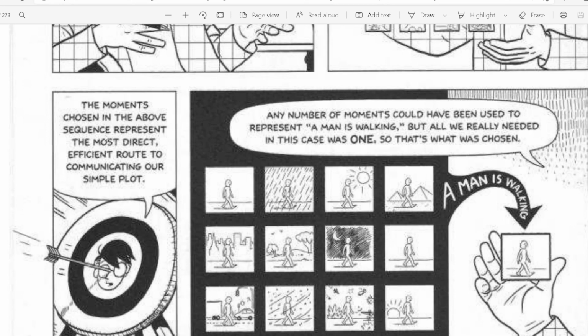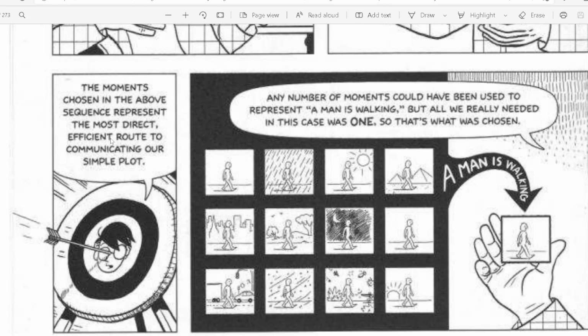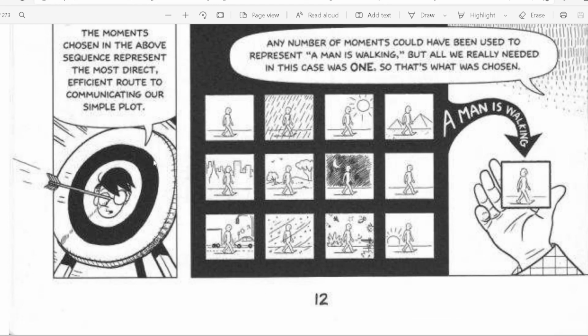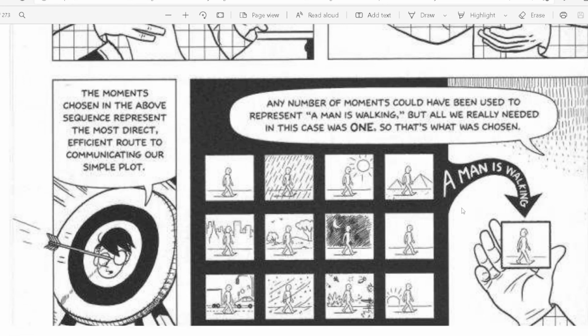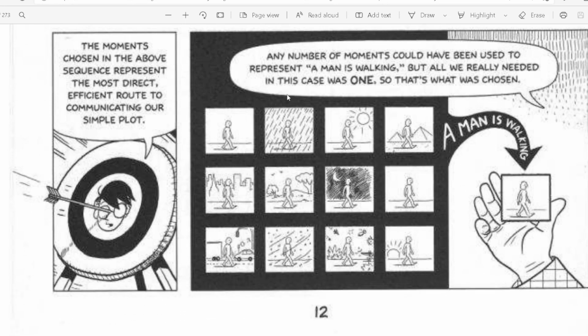The moment chosen in the above sequence represents the most direct, efficient route to communicating our simple plot. Definitely, any number of moments could have been used to represent a man is walking, but all we really needed in this case was one. So that was chosen. A man is walking. Okay, what do you want to say?